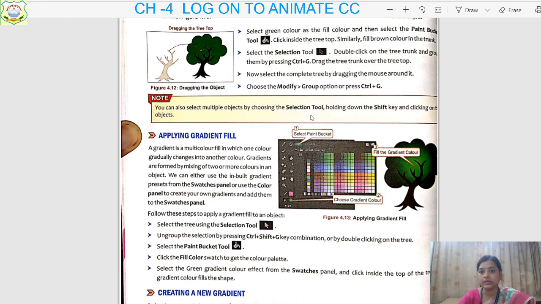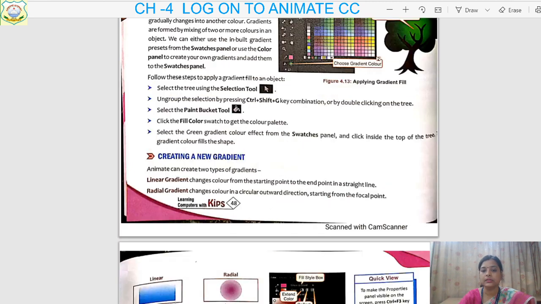This one is the paint bucket. And see this one, this is the choose gradient color. From here you will choose the gradient color and click inside the top of the tree. The gradient color fills the shape.